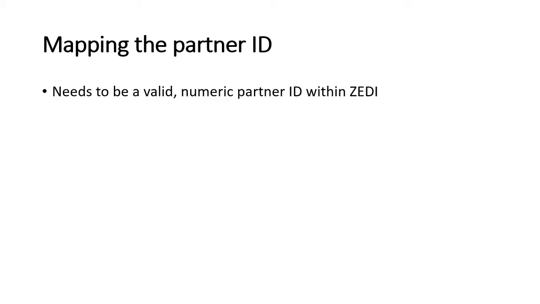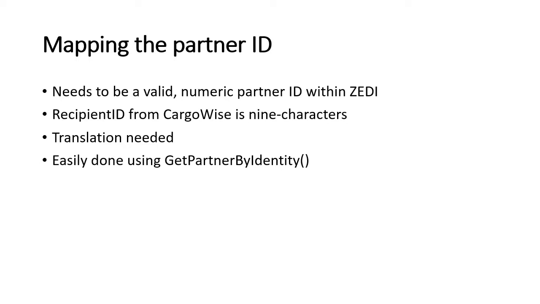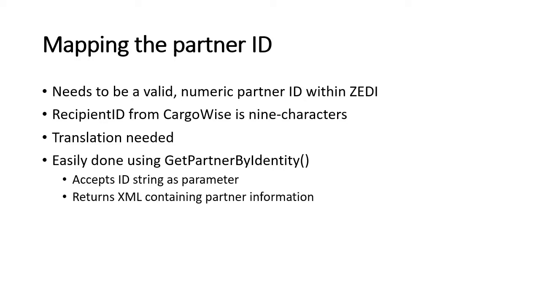We need to map a numeric partner ID to the partner ID tag in the update section, but what we have is a recipient ID tag that contains a 9-character code. So what we need to do is translate the recipient ID into a numeric partner ID. Fortunately, there's an easy way of doing this using a Zeddy function called getPartnerByIdentity. This function accepts an identity string as a parameter and attempts to find a trading partner that has it in their list of identities. It will then return a snippet of XML that will contain a list of the partners